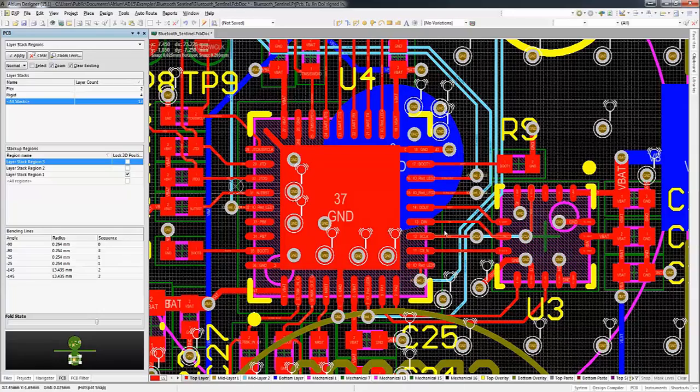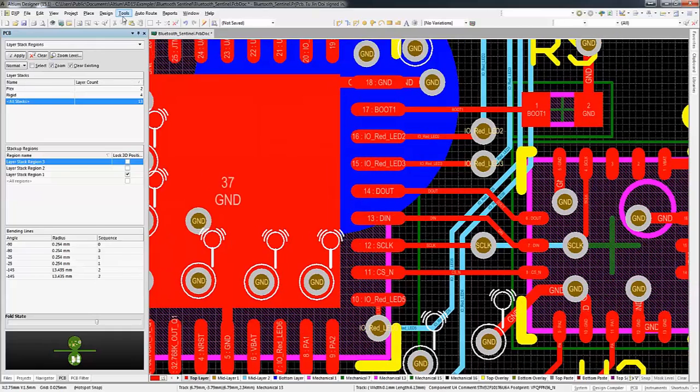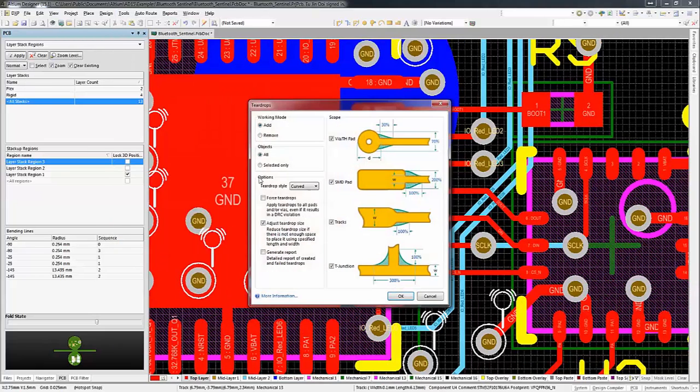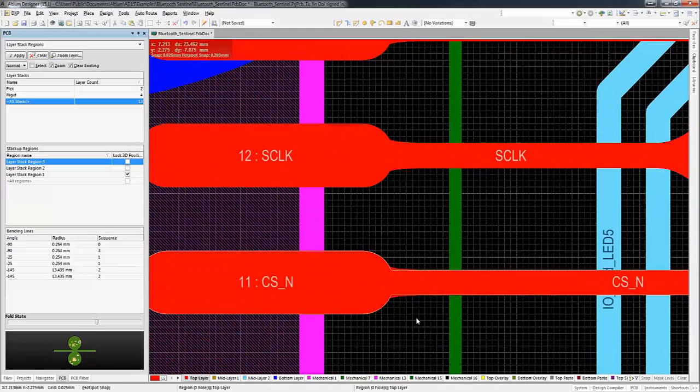In Altium Designer 2015, you now can add teardrops automatically as well as remove them through the teardrops manager. So as you can see here, you can add teardrops to pads, surface mount pads, tracks, as well as T-junctions. You can also configure how far you want the teardrops to be from a specific primitive, such as from the pad or from the